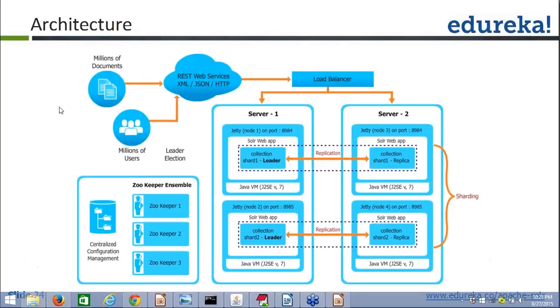So this is how your architecture of cloud looks like. You have millions of documents which are going to be ingested through your REST APIs or through a cron job or whichever way you would want to figure out. And then it is going to be sent to the Solr server. So the load balancer is integrated in the SolrCloud mode, and you have say server 1 and server 2, which are essentially taking the